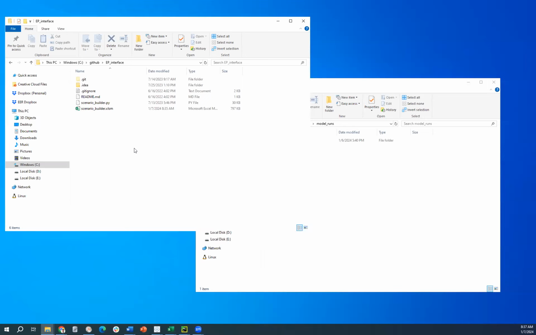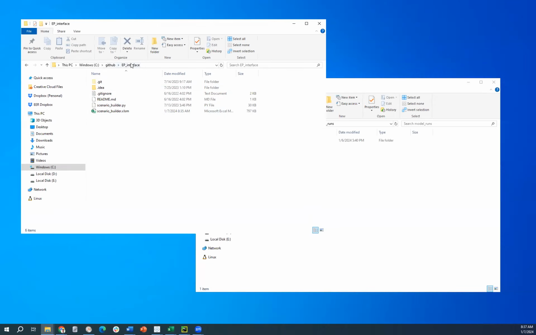This kicks off the first of a series of videos looking at the EnergyPATHWAYS interface. So I've got a folder here where I have the EP interface. You'll notice that there are two key files in this folder. One is a Python file, and the other is an Excel